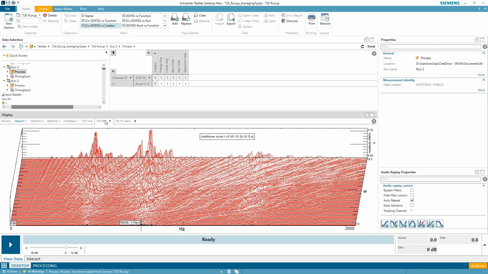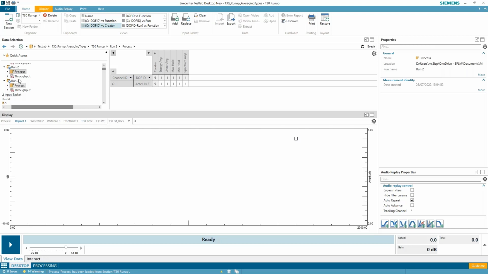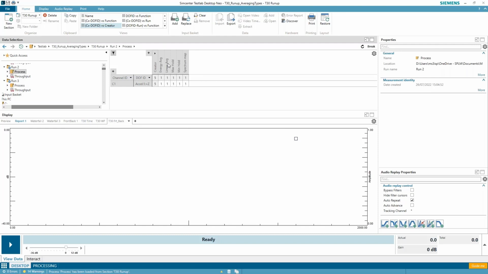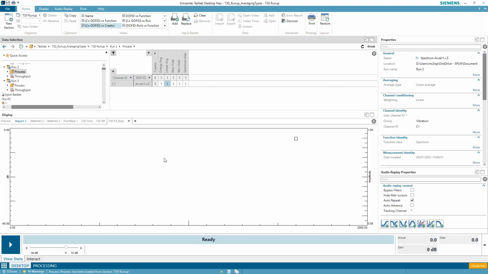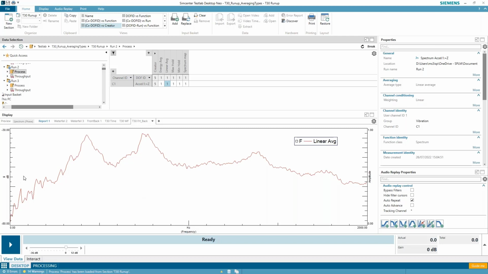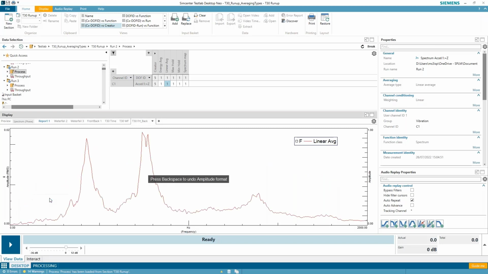So let's take a look at this front back. And so I'm going to look at a couple of the different averages. So if you can see on your screen, I've got an energy average, a linear average, my min and max hold here. And so if I look at the energy average first, I see this is sort of the average value. I'm going to put this in amplitude again. So here's my linear average.